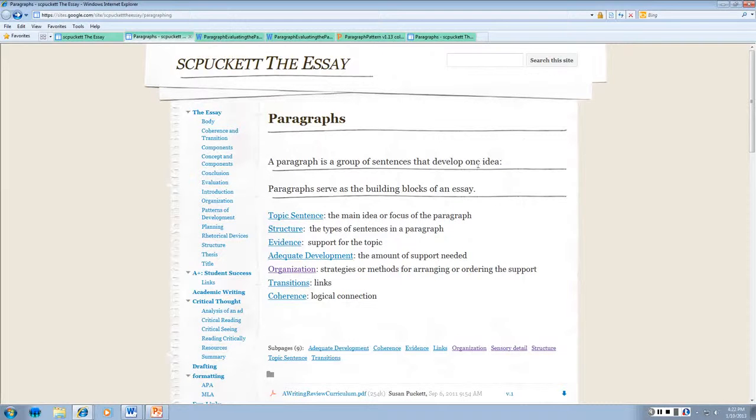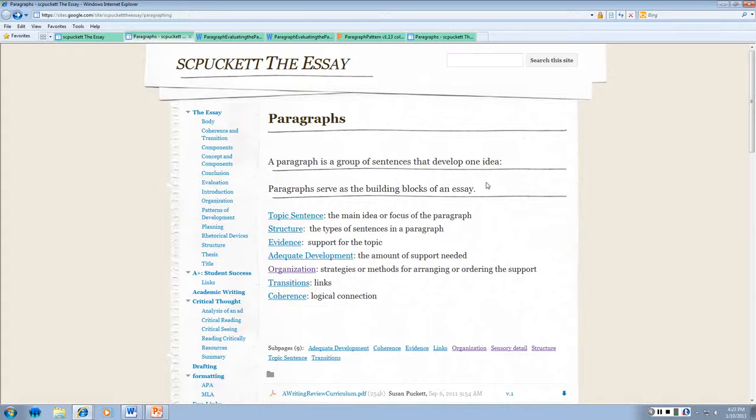Paragraphs are the building blocks of an essay. If you can write a well-developed paragraph, you can write an essay. If you can write a well-developed paragraph, you can recognize one. Being able to recognize one will also help you build that skill. That's what we want to look at, because part of what we're going to do is not only build paragraphs, but deconstruct them. Deconstruct things so that we can take them apart and see how specifically they're put together.